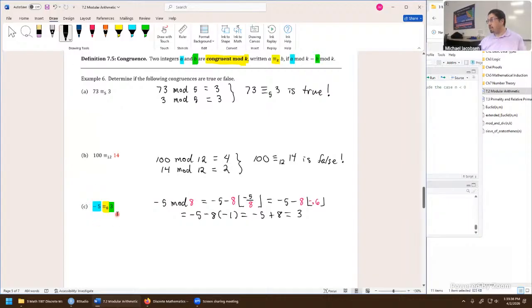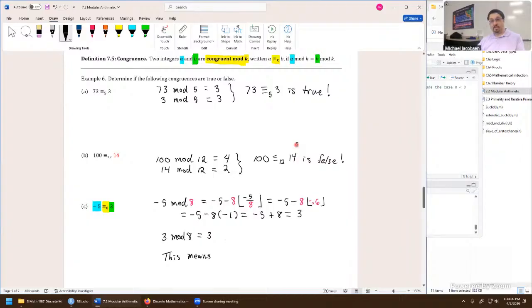Okay, now we look into the right-hand side. This one's pretty fast. This is asking us to calculate 3 mod 8 once again, but 3 mod 8 is nothing special. The remainder here is exactly 3. But now we had 3 and 3 matching up, just like in the very first problem. So we can say altogether, this means